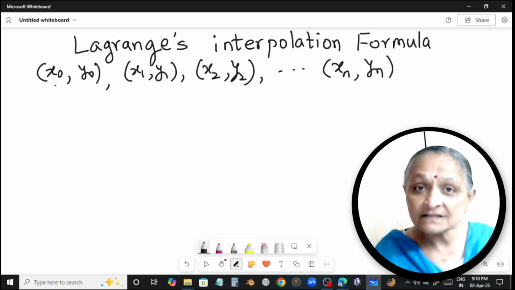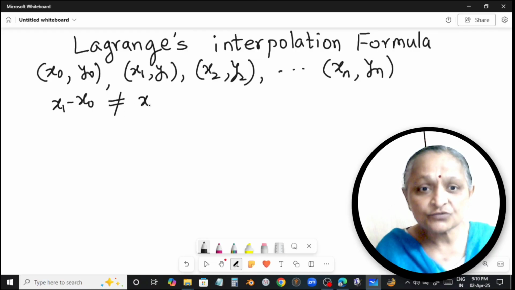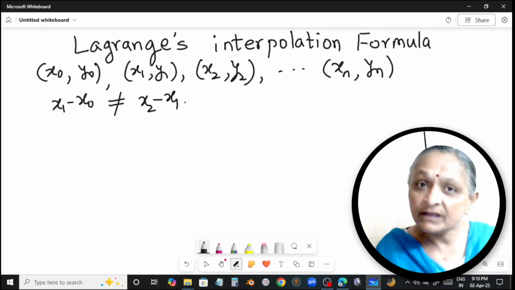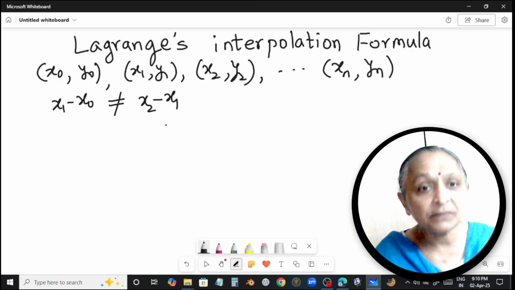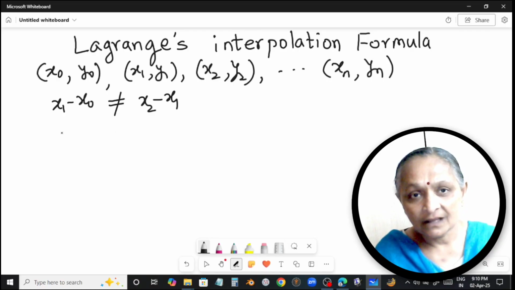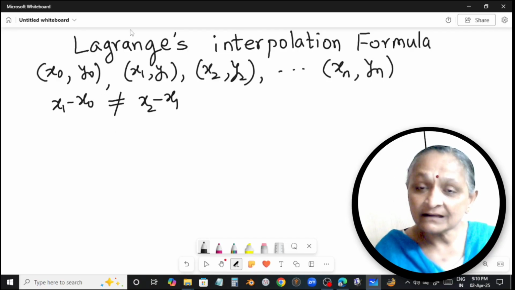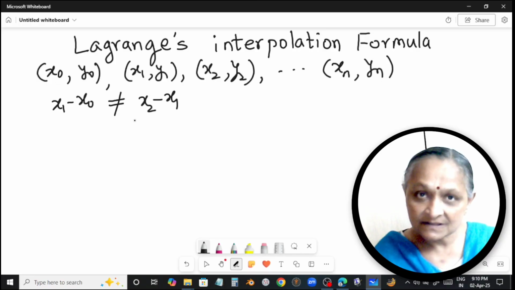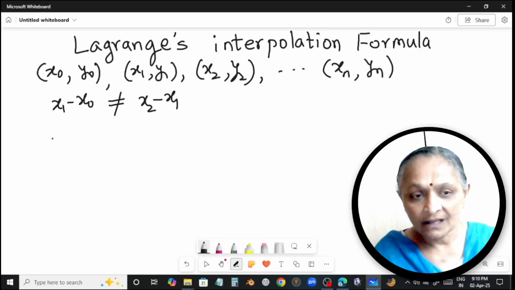What we mean is x1 minus x naught need not be the same as x2 minus x1. Maybe, may not be. That doesn't make any difference. So in that case, Lagrange has developed this method of solving. He tries to form a polynomial f of x